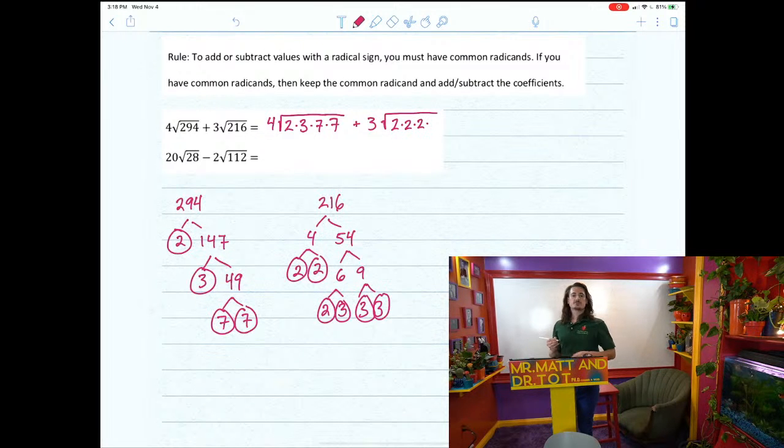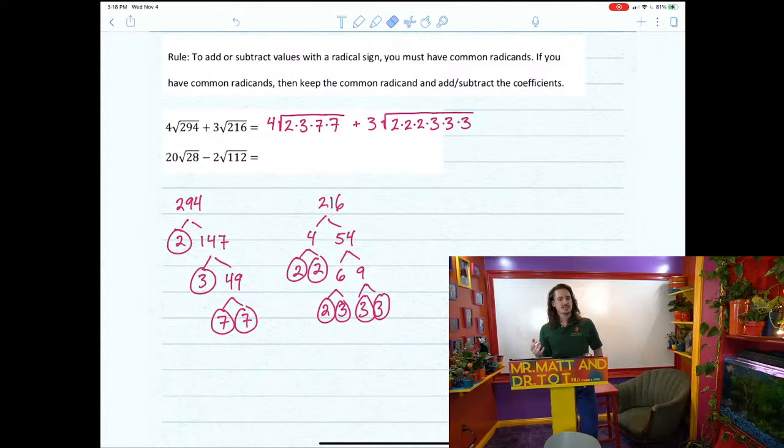And the rule here for simplification is that if you're talking about the square root, as we are here, then for each pair underneath of the radical, you can bring 1 out. Because notice 7 times 7 is the same thing as 7 squared, and the square root of 7 squared is 7. They cancel each other out because they're opposite operations. So for each pair of values that we find underneath of the radical, we can pull 1 value out as